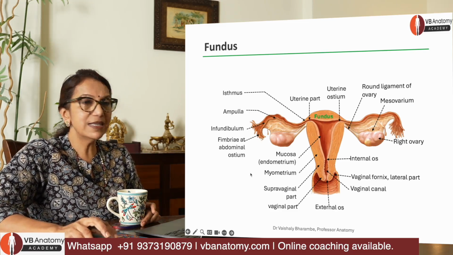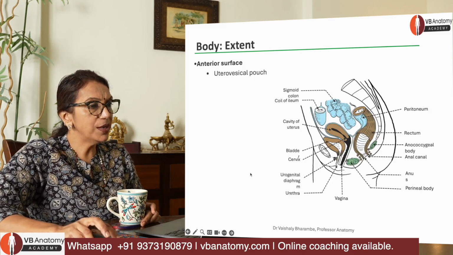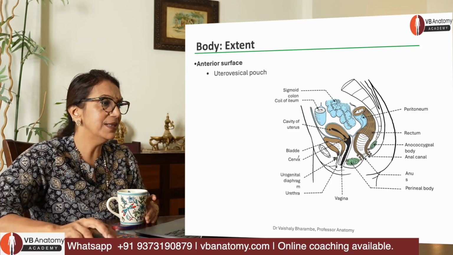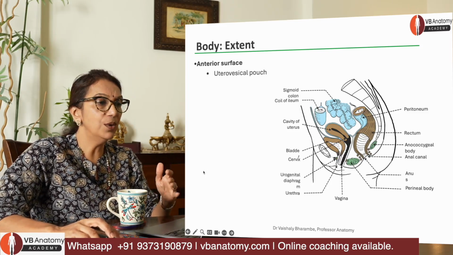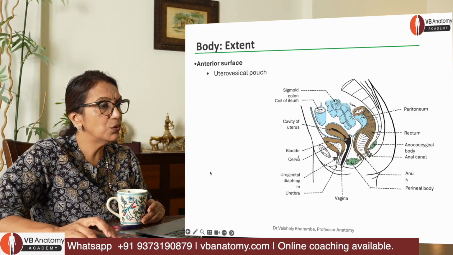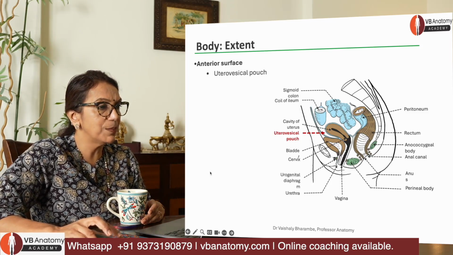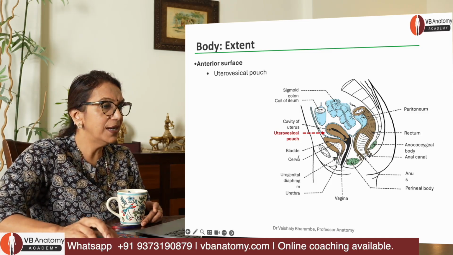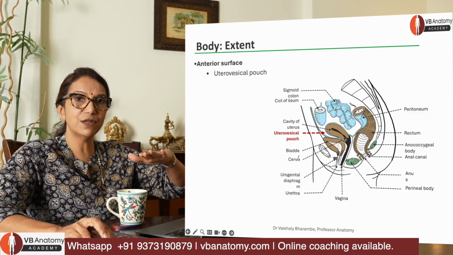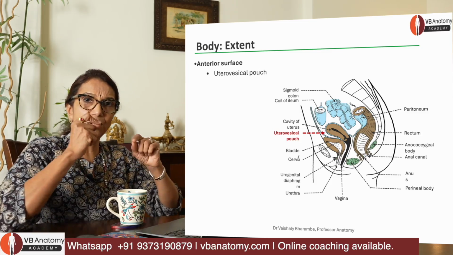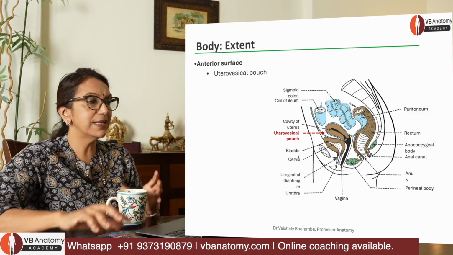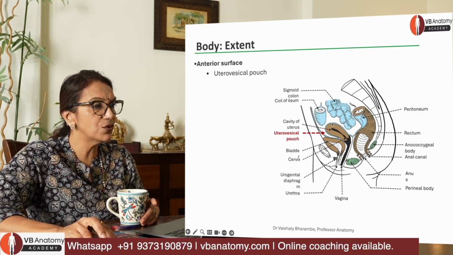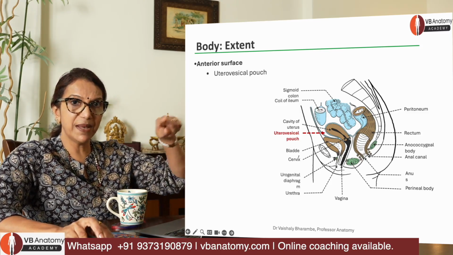So that's the fundus here. That's the body, which extends down from the fundus downwards till the level of the isthmus. Anteriorly now, you can see that this body is related to a pouch called the uterovesical pouch. How do we understand this? Just take your pencil and run it upwards along the superior surface of the urinary bladder. Just at the isthmus, turn the pencil upwards, where the peritoneum is turning to now cover the rest of the uterus. Carry the pencil back.